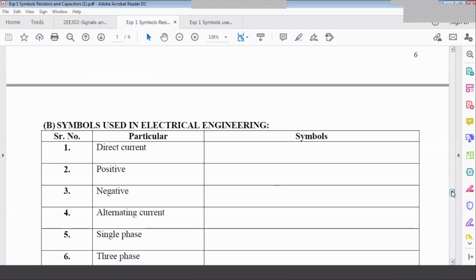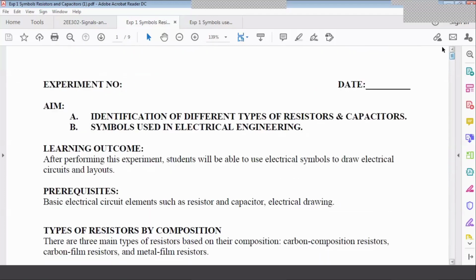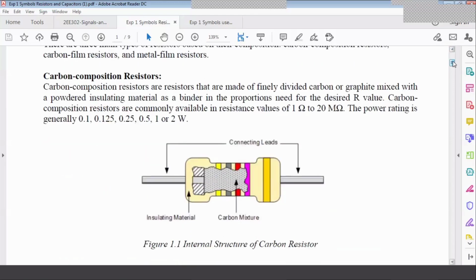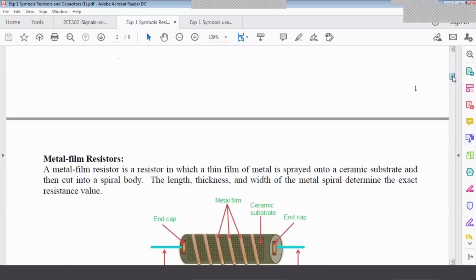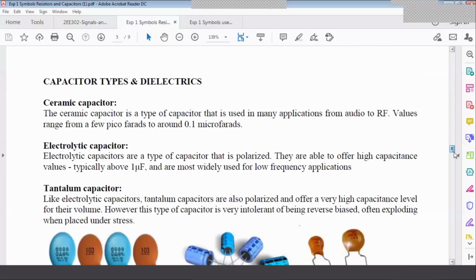When you are preparing your lab file, lab record for this experiment, you need to write everything given in this manual. Instead of writing the same thing, you can take the PDF as it is till this point, till here.